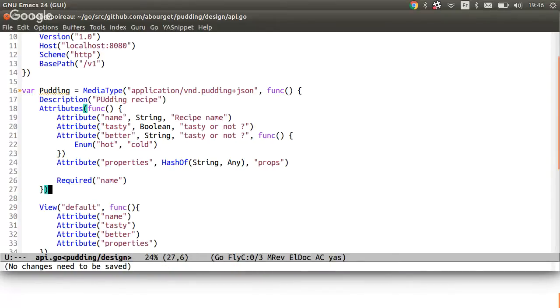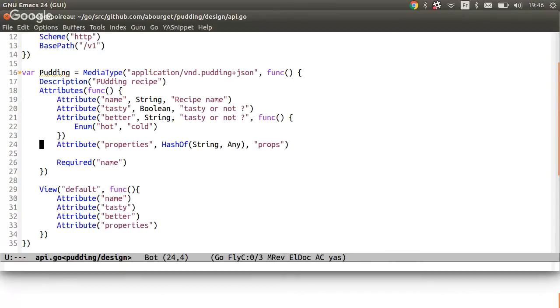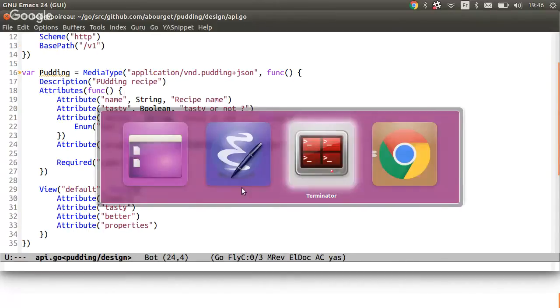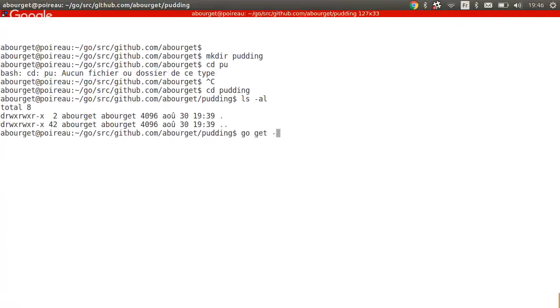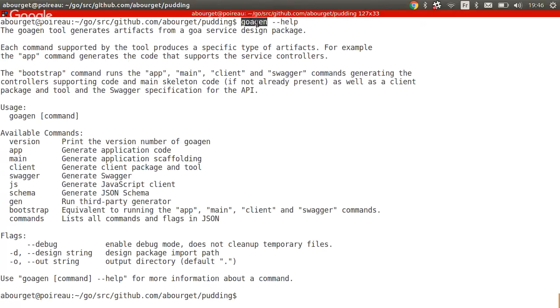We're going to generate using the yet uninstalled Goa thing. Actually, you see it's installed, but we go here and run go get -v github.com, and we're going to go guide design Go, and there's the goa-gen tool here. So go get will grab the repo and install goa-gen for you. If you do that, now you have a goa-gen binary, right? The goa-gen binary has a series of things you can create. I'm going to run goa-gen bootstrap, and I'm going to give my path, which is github.com/bourget/pudding,